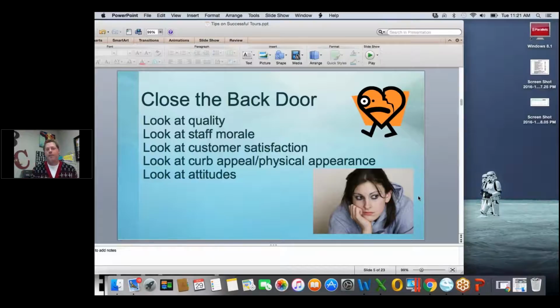Bulletin boards that are half ripped down, lesson plans that are 3 weeks old, paint that is chipped on the wall, chunks that are taken out of the wall, playground equipment that is not in good repair. Because we spend so much time in our centers, we get the blind eye and we stop looking at these things. A prospective parent coming into your building is going to notice these things immediately,